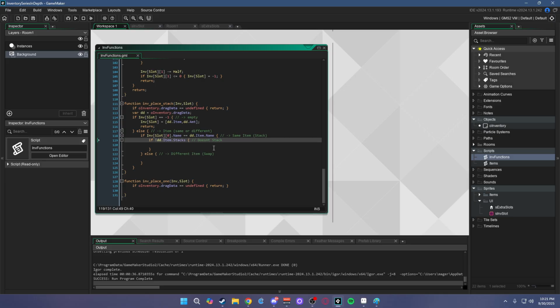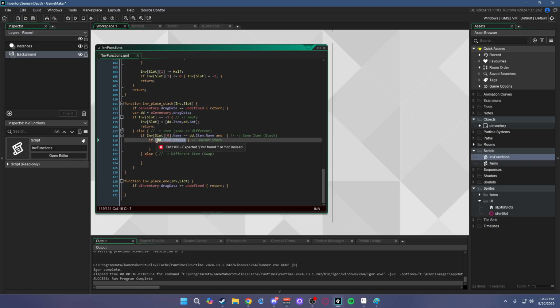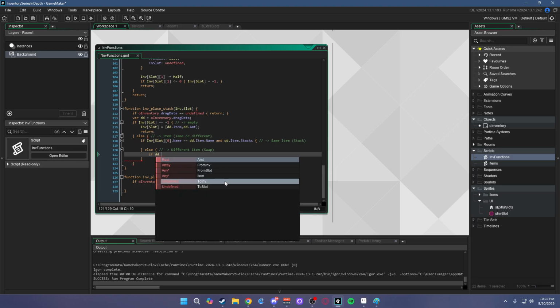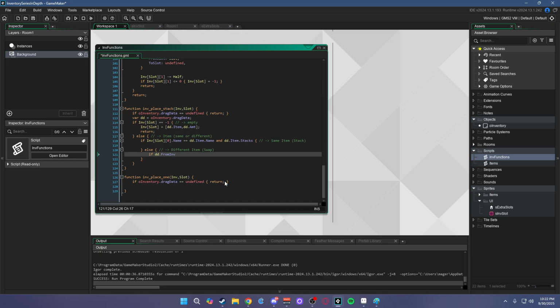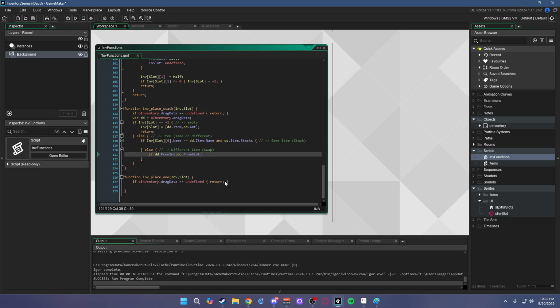Actually, a good way to do this, we're just going to say it stacks. This will make it a lot easier because this will do the swap or return if it can. So we're going to say if dd.inventory from inv and dd from slot is equal to -1. So that means nothing replaced it, it is open, else